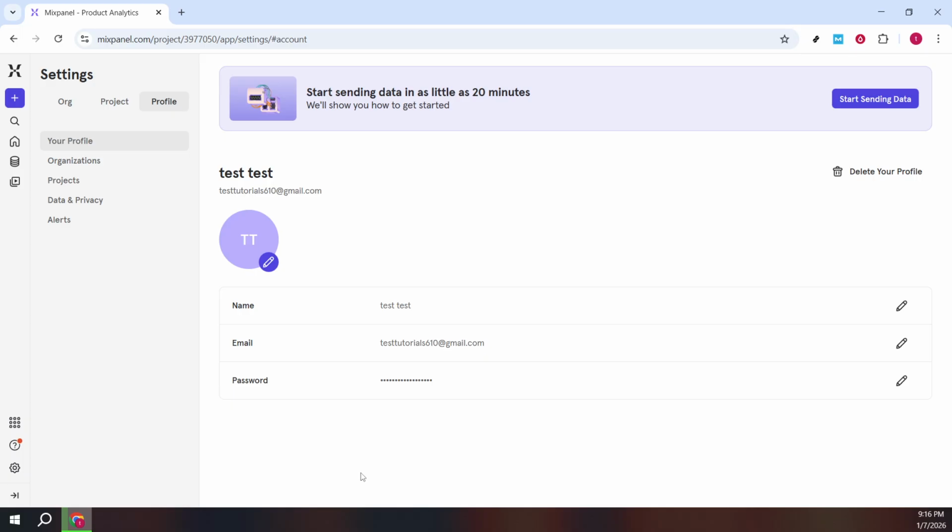You went to Mixpanel, opened the settings menu in the bottom left, hovered to reveal options, chose Personal Settings, went to the password section, clicked the pencil icon, and Mixpanel sent the reset